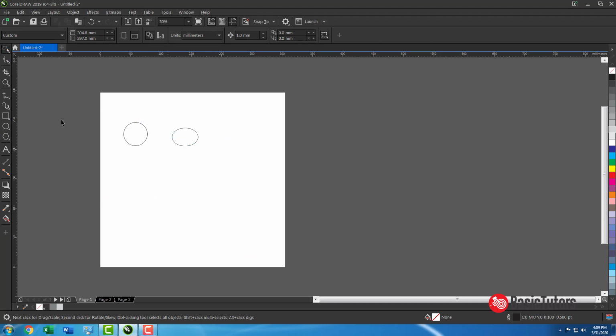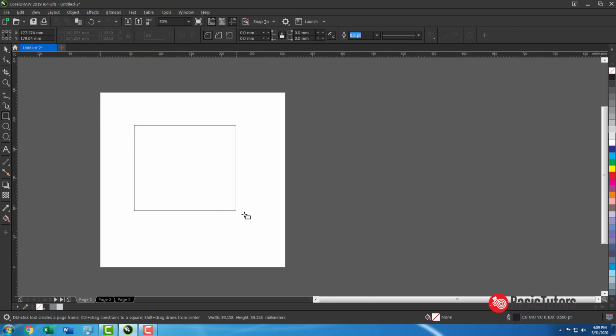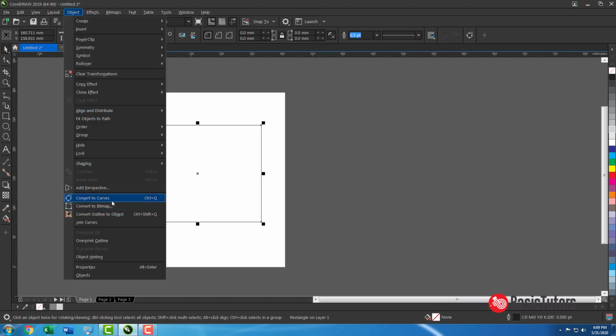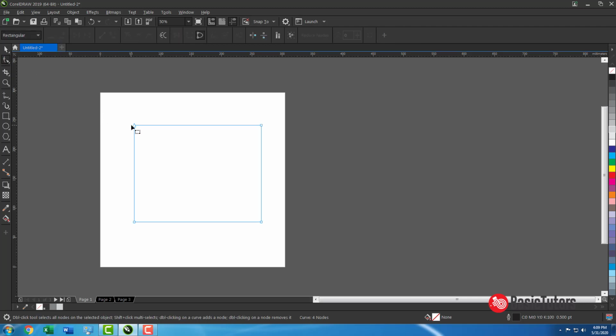And the next one is the shape tool. The shape tool is intended for making any shape without any restriction. You can make any shape with this shape tool. When going to shape any object, you need to convert your object into curves with this command, Control Q, convert to curves. After converting to curves, you can see nodes are here. These are all nodes. When you click nodes and move them, you can change the shape of any object.